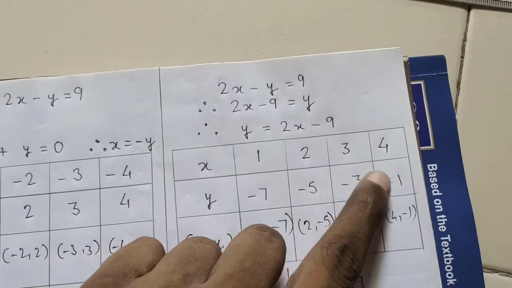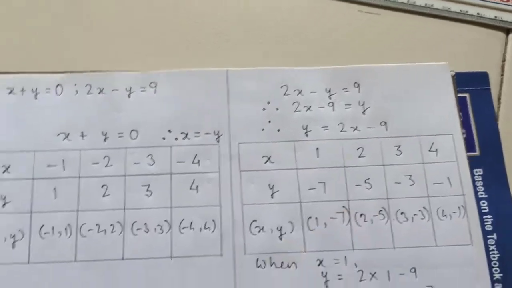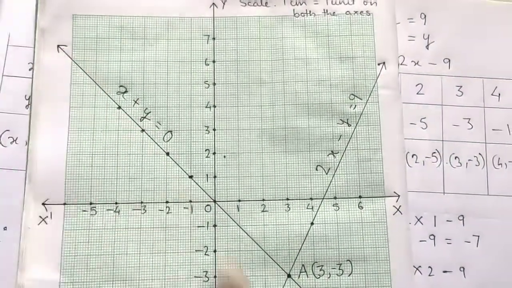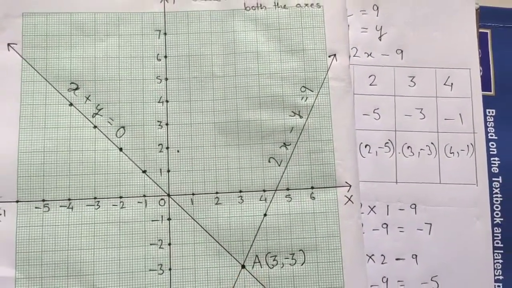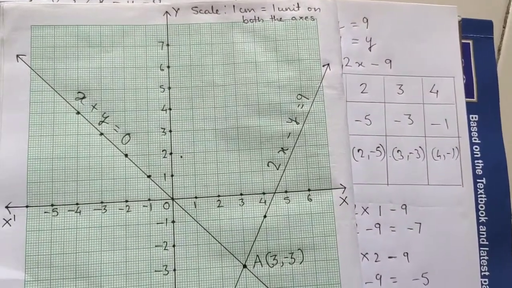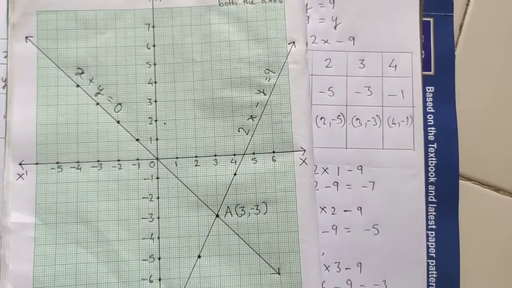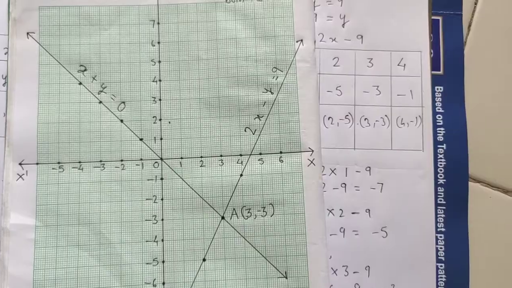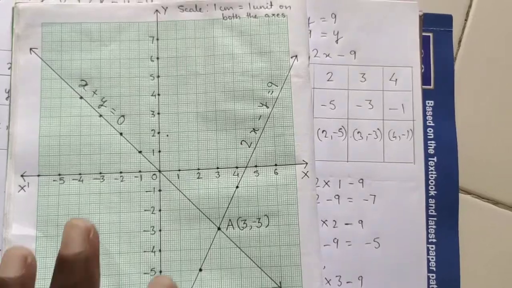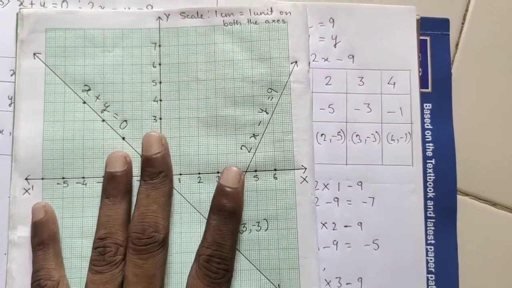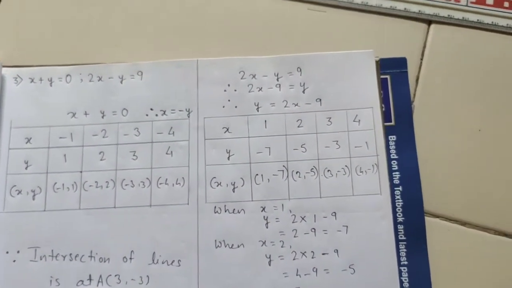In this way we got 4 different values of y, and then we plotted all the points on the graph paper, and accordingly we got 2 different lines, and their intersection is what? Your final answer. Okay, so in this way you have to solve the remaining 3 questions on your own. If there is any difficulty, please ask me, and please draw the graph on graph paper only. I don't want it in your notebook. I want you to draw the graph on the graph paper, and write these solutions on the graph paper only, on the right hand side.